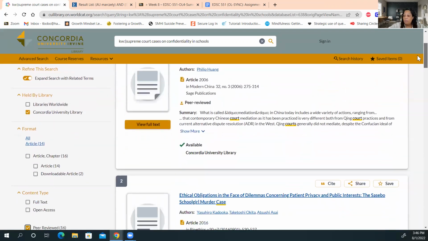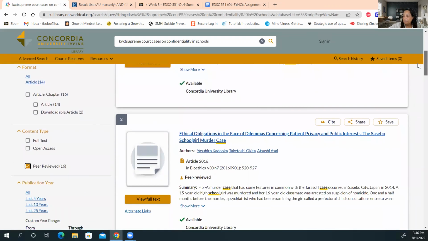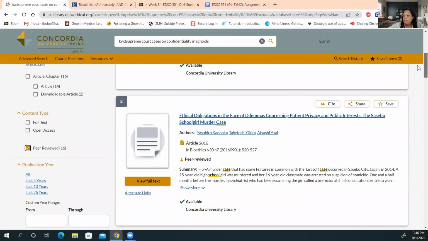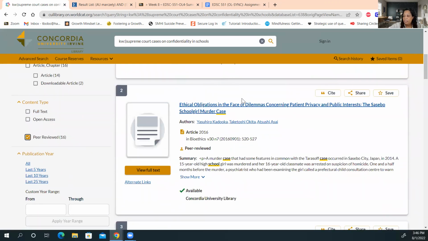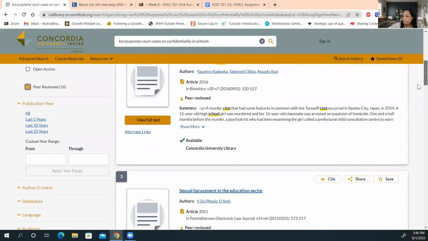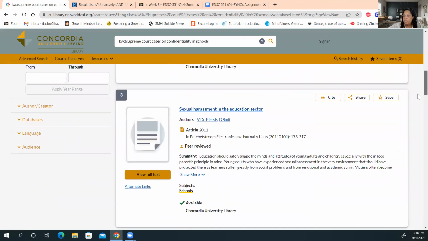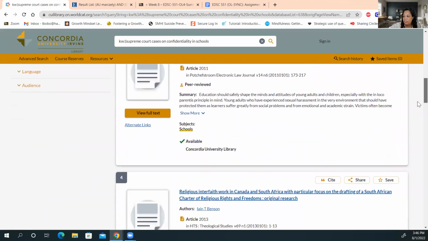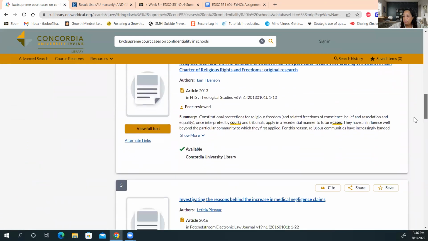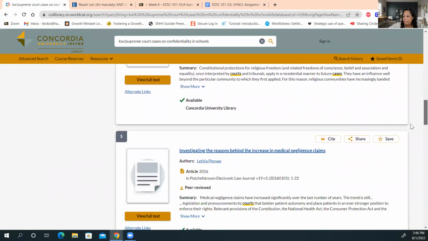And so we have a couple here. Ethical obligations in the face of dilemmas concerning patient and privacy. Sexual harassment in the educational sector. So these are some things that we would look at.